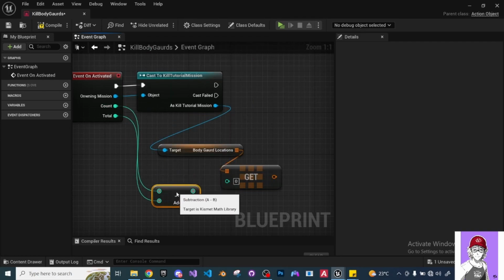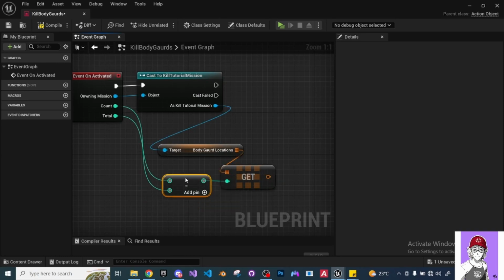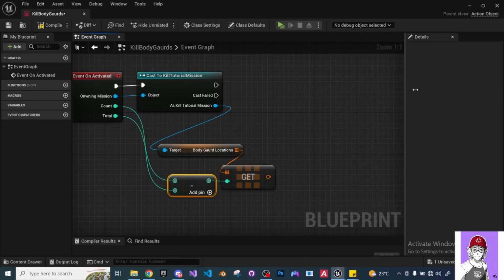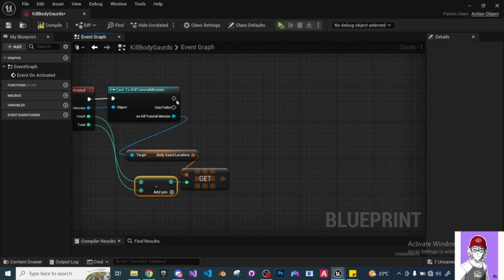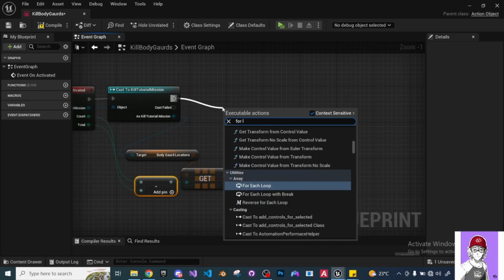So if the mission is loaded, we need to find the difference in how many enemies we killed, so we don't respawn all the enemies again. If we pause the game or close the game before we finish the mission, we need to remember how many enemies we have killed, and this is the amount of enemies we have killed, and this is the amount of enemies we should kill. So then I'm going to say for loop,